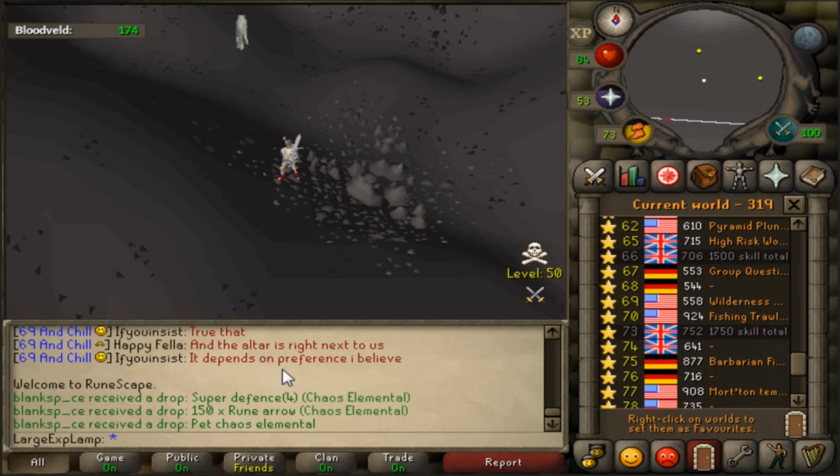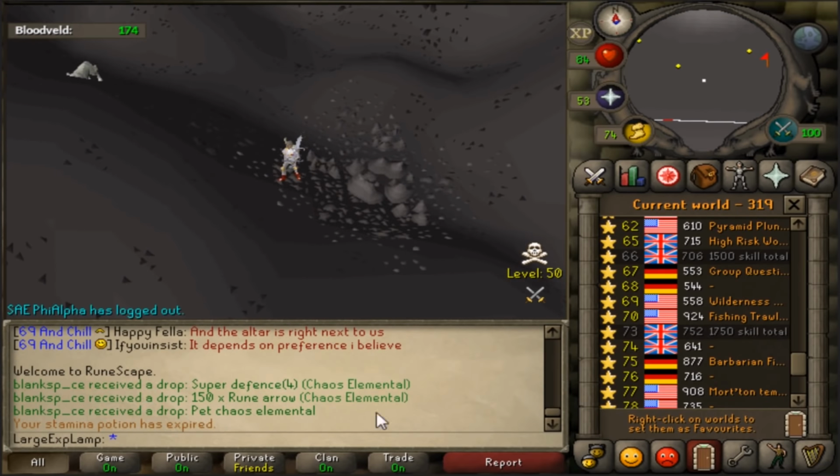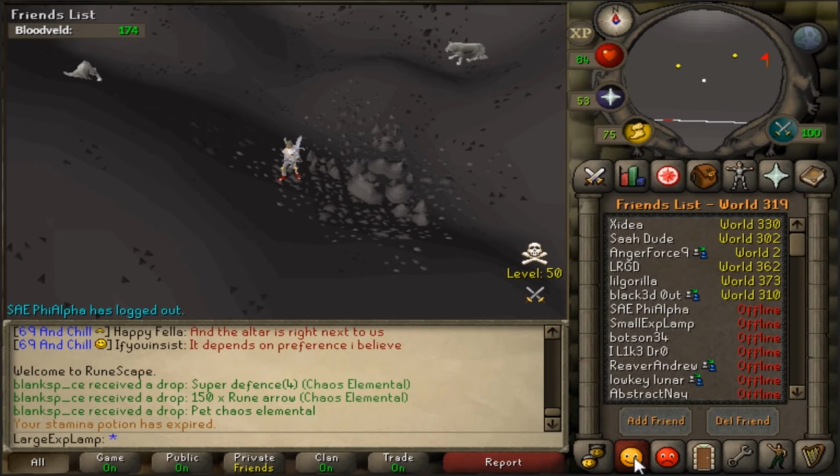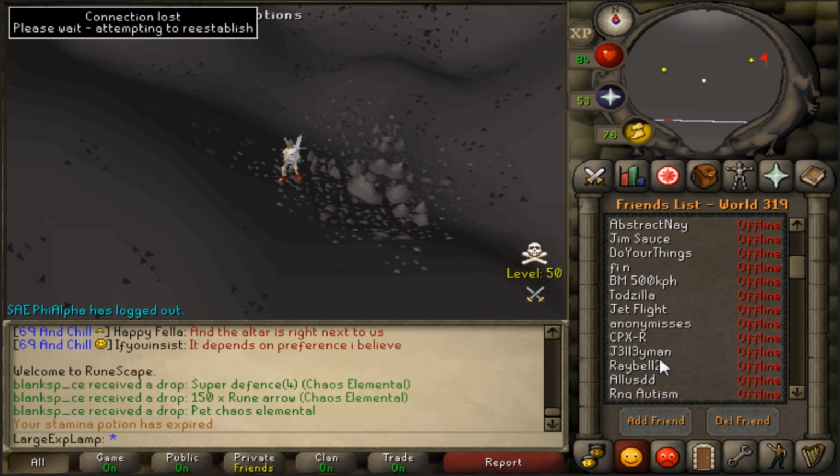No way! Are you kidding me, bro? This dude just got the pet! I'm so happy for him! Hell yeah! Look at that! Good for that dude. I tried adding him. I was going to let him have a message, but there go the worlds again, you know? Hopefully that dude doesn't die. Could you imagine? I don't know what he'd die to, but with the